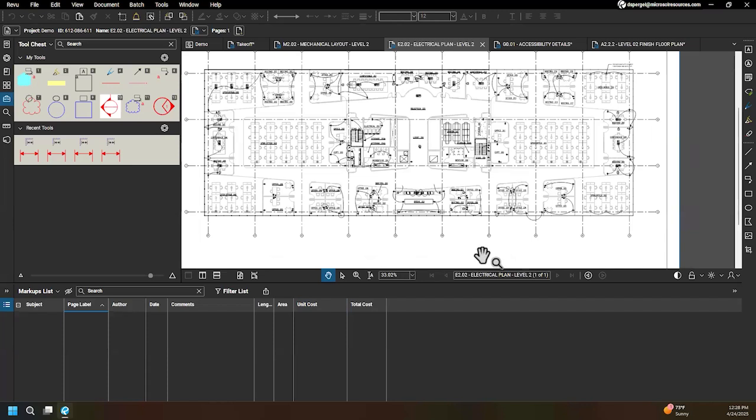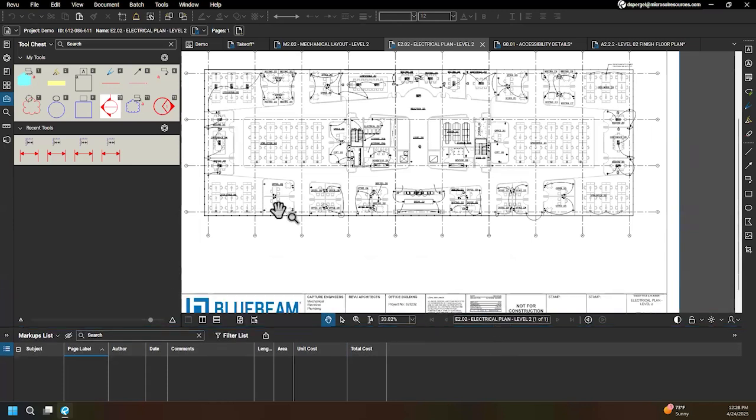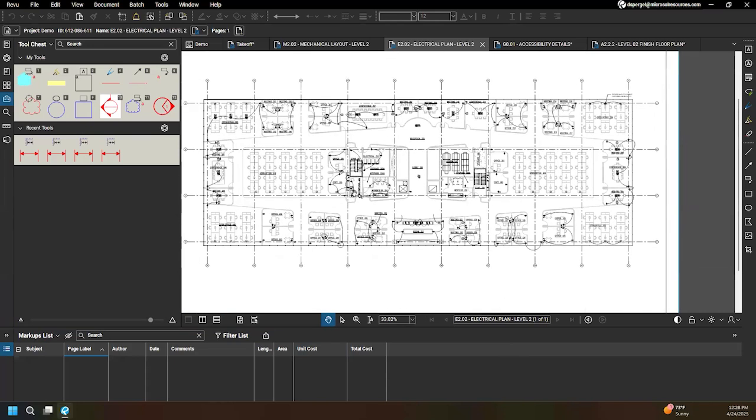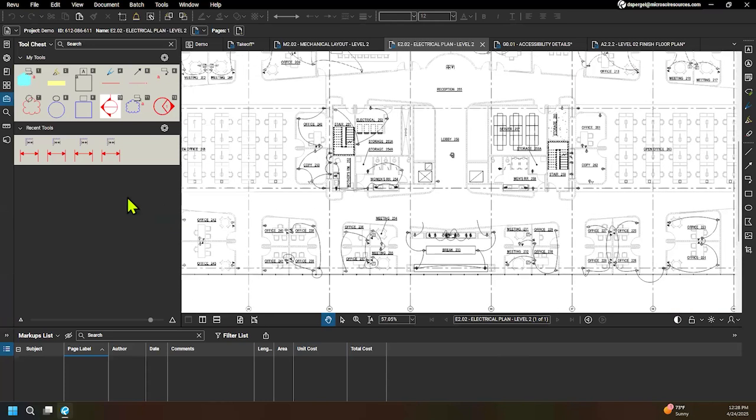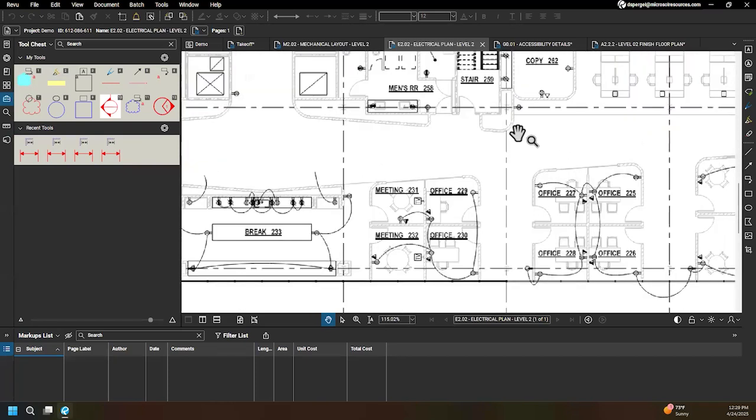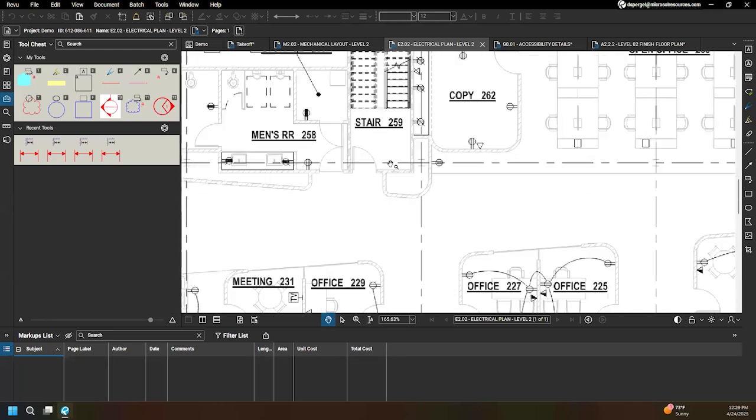Okay. So now what's also important is creating tool sets that make sense for your markups and your takeoffs. All right. So again, I created this profile essentially as a blank profile so that we can build it up from the ground up. So what I'll do here on my electrical layout